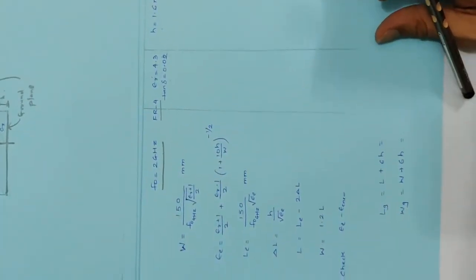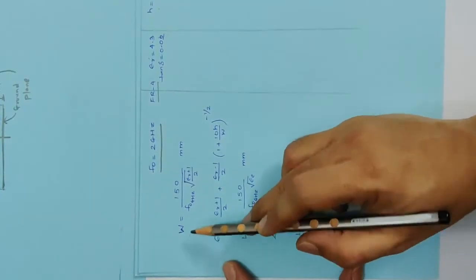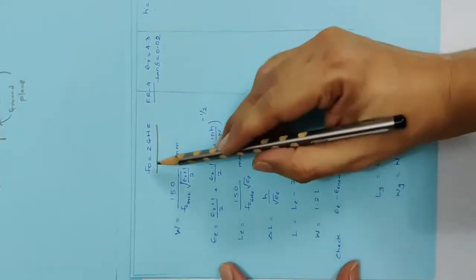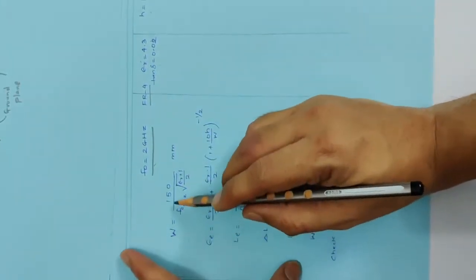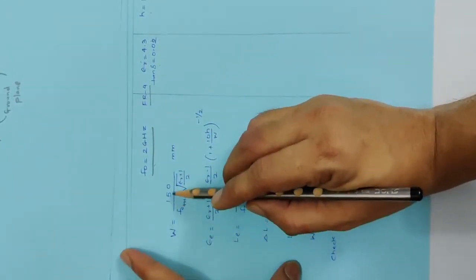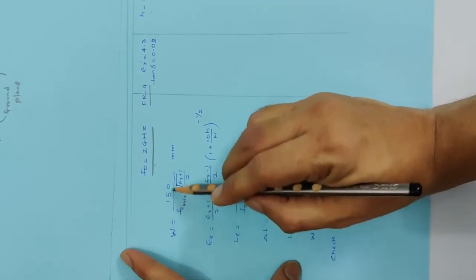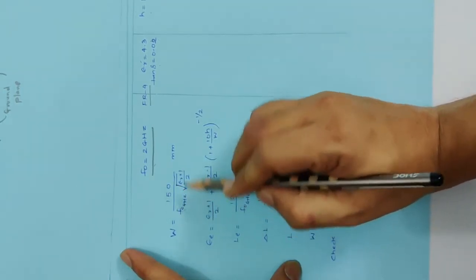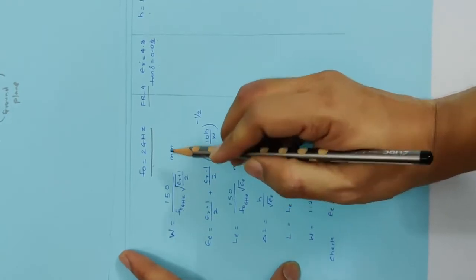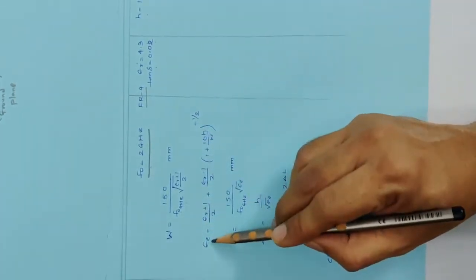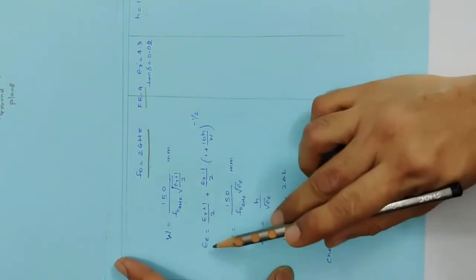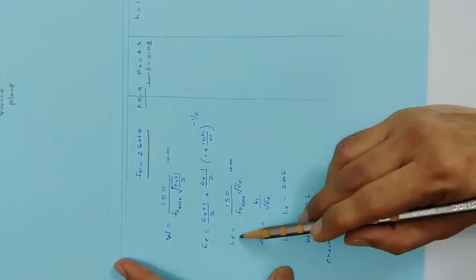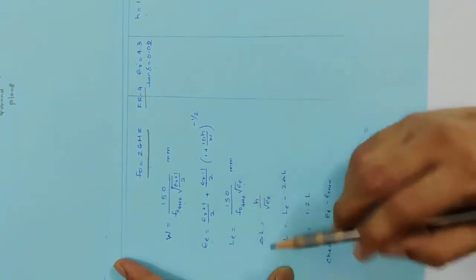So these are the equations of the RMSA. We'll be calculating the width first from the center frequency or resonant frequency and epsilon r. So we will be calculating W. Here the 150 is written. If you substitute 150 here and frequency in gigahertz, you will get the width directly in mm. Then we will be calculating effective dielectric constant by substituting W over here. Once you get effective dielectric constant, you will be calculating the effective length.